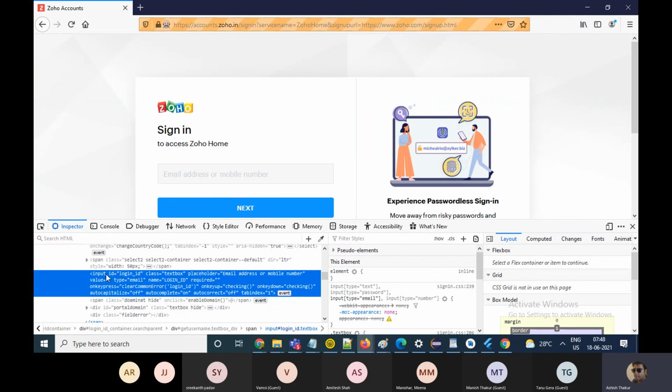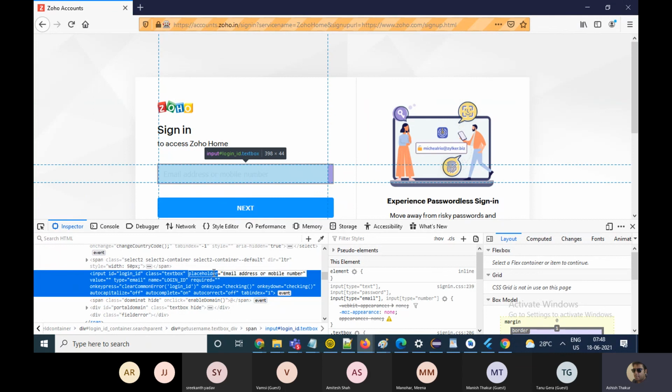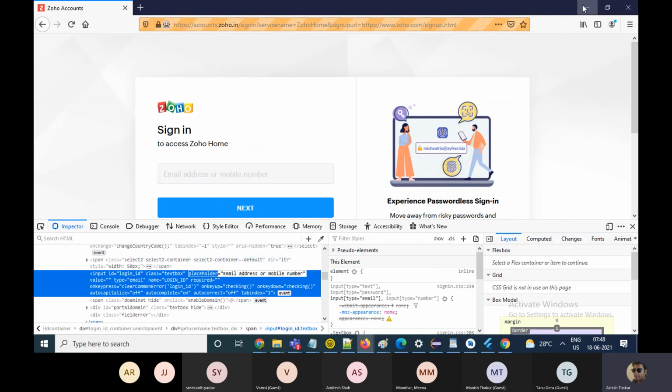This is the tag name input. It has an attribute ID, attribute class, attribute placeholder. With the help of these tags and attributes, we identify the elements on the web page.